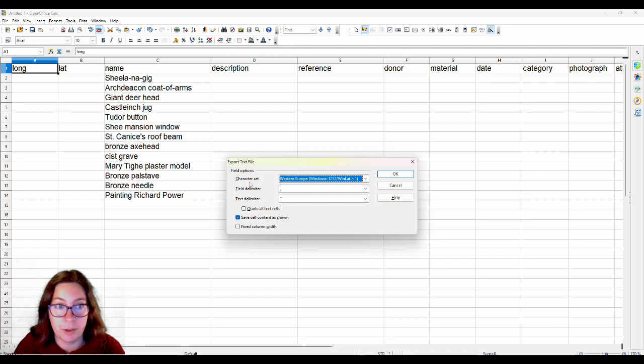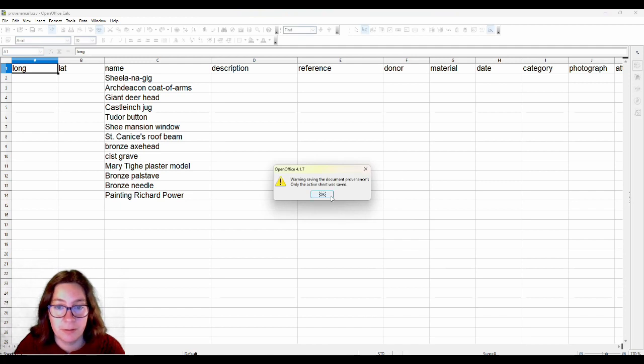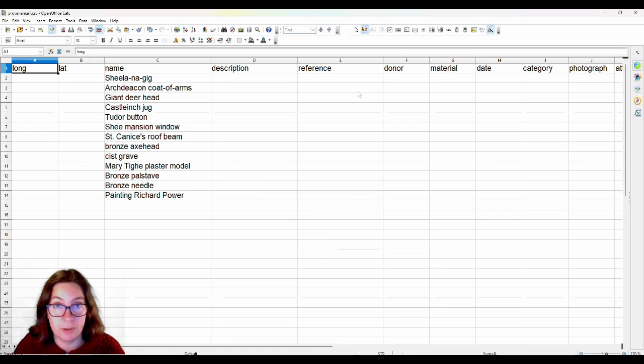So that's what you're using. And just hit OK. And then it might tell you, or it might not tell you, that only the active sheet was saved, because in a CSV file it can't save the whole document. It'll just save the one sheet.